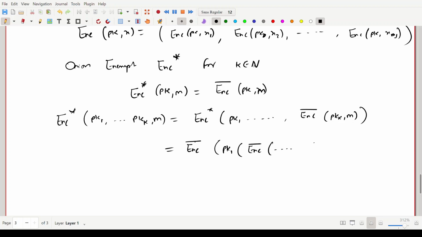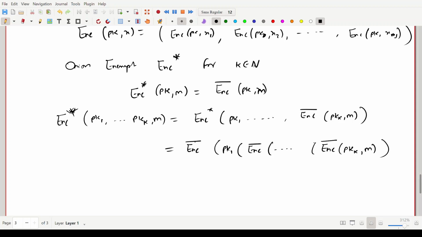At last it will be encryption with public key k of the message. Correct? This is the meaning of